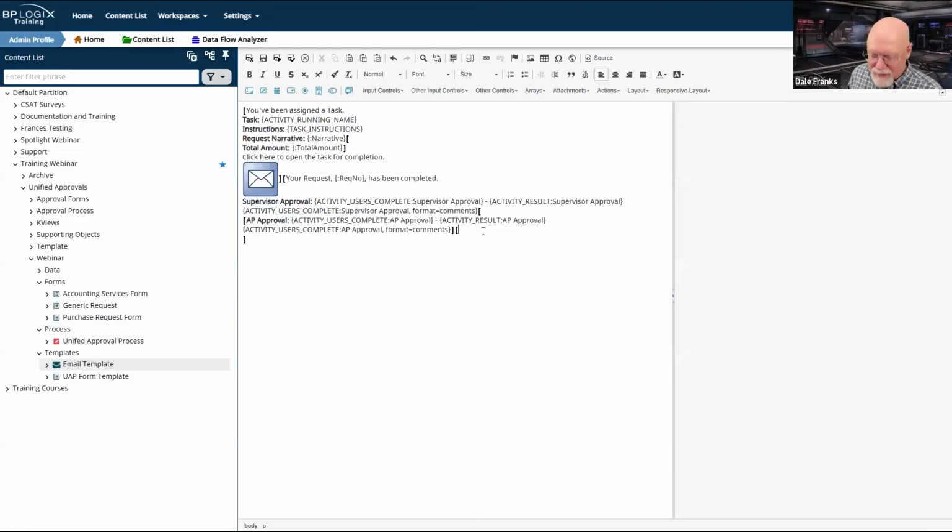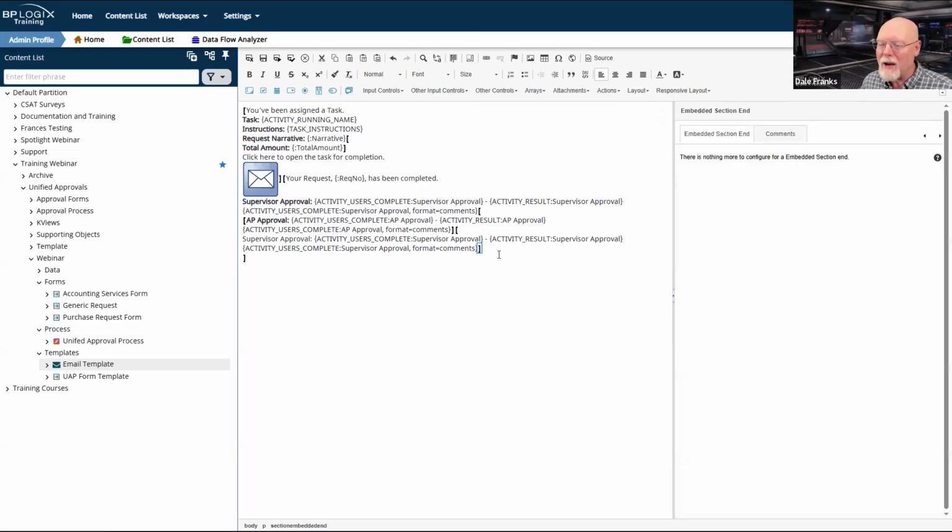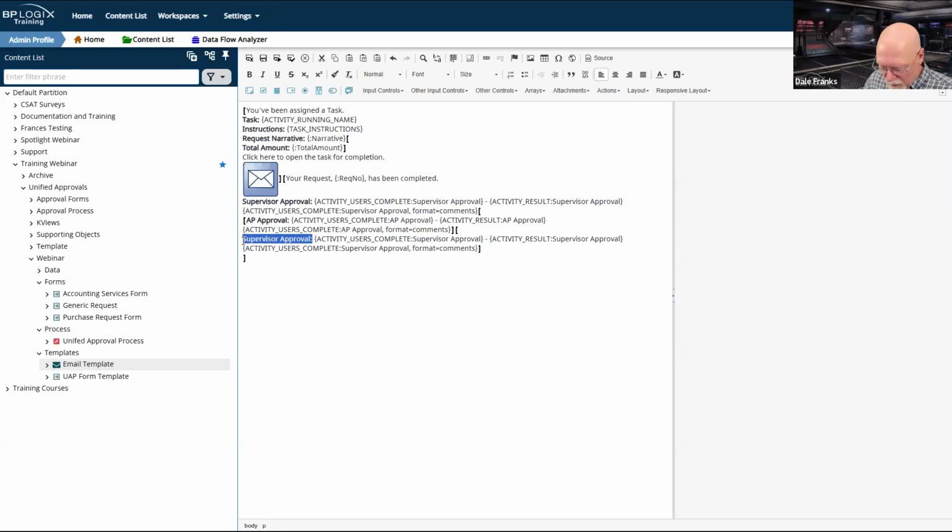I am about to stop configuring the templates, because at this point, everything I do is just going to be a repeat of what I did before. So let's add our embedded section end there. We now have this section, which is AR approval. I'm just going to boldface that. And now I'm going to replace supervisor with AR in every step.